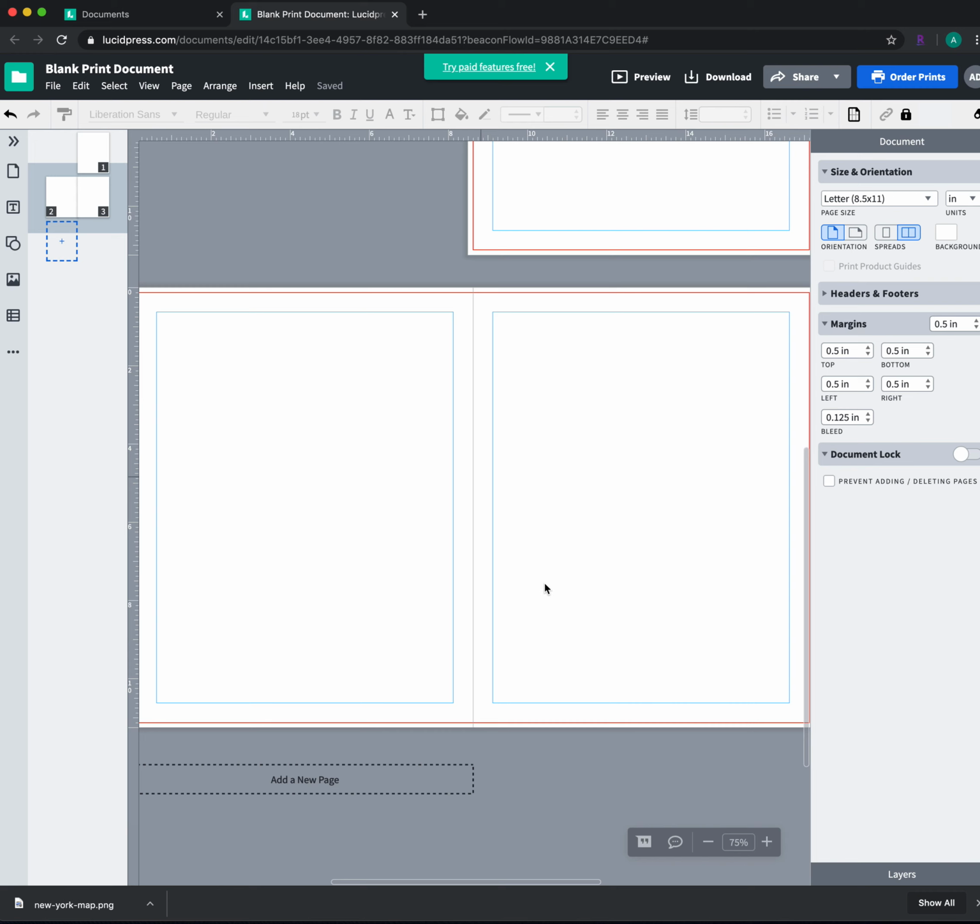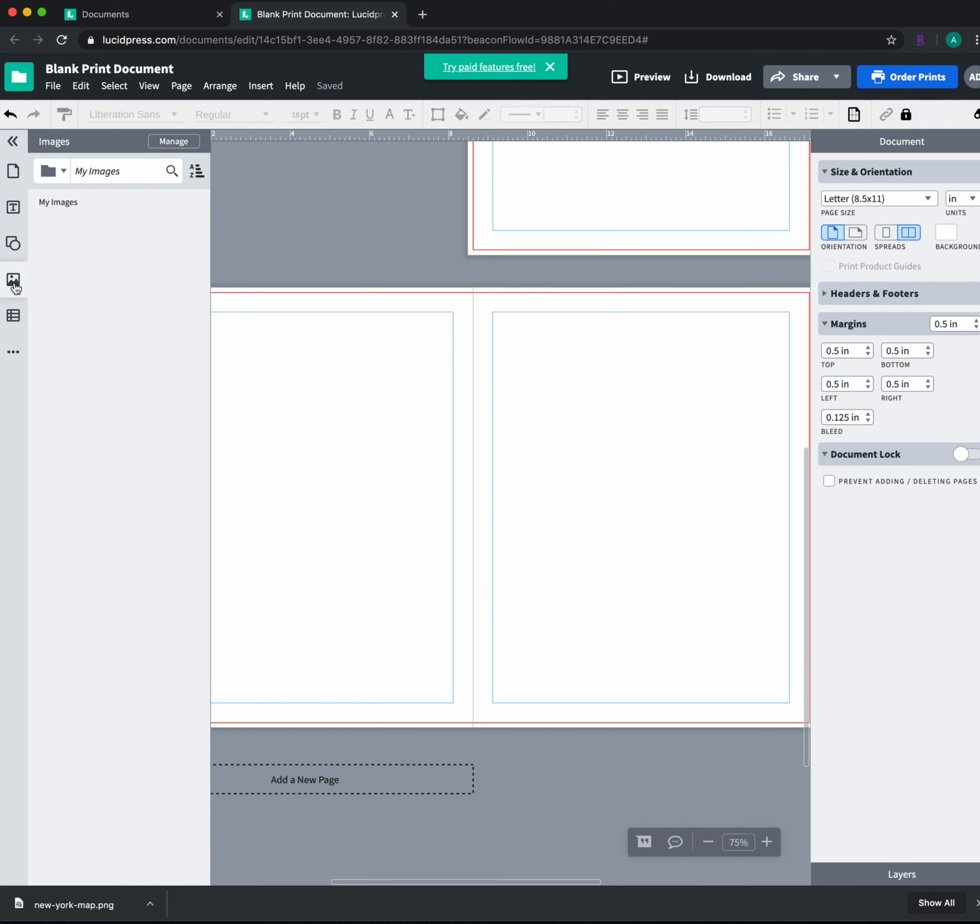Okay, so step 3 is all about working with images. In InDesign, this is about placing graphics. In LucidPress, it's a little different. Down the left-hand side of your screen, you'll see icons that roughly represent the sections and types of things you're looking for. Well, we're talking about images, so we're going to click on the little picture icon,